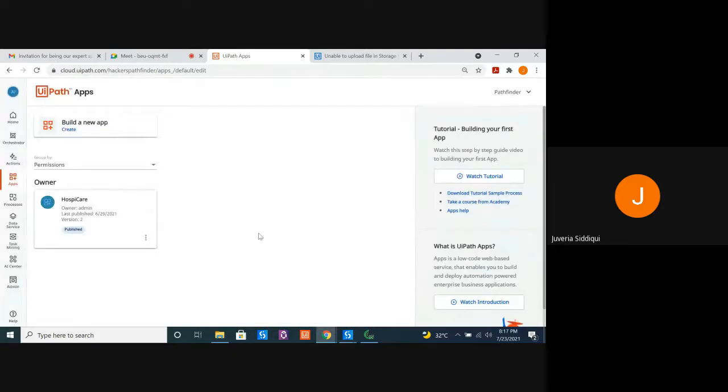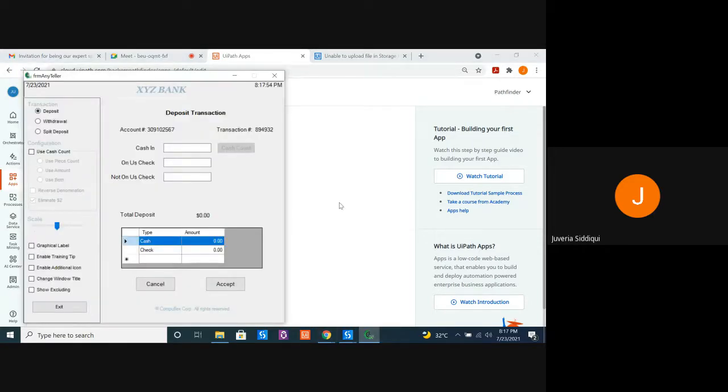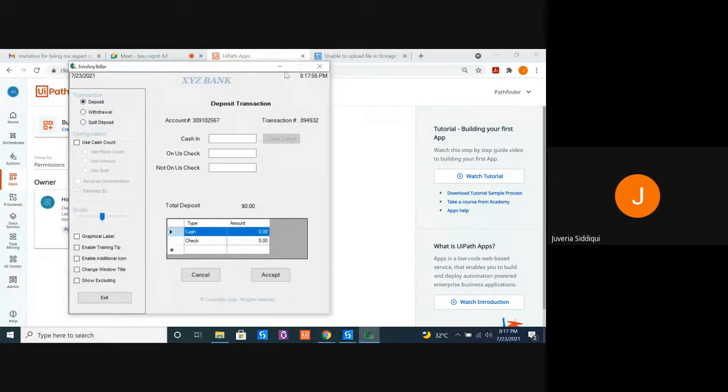Before we even start building an app, UiPath came out with the concept that there are business cases, especially in the banking domain, where we cannot give our end user the system. Suppose we are working for a bank, and this is an application where you accept or reject cash-in amounts.